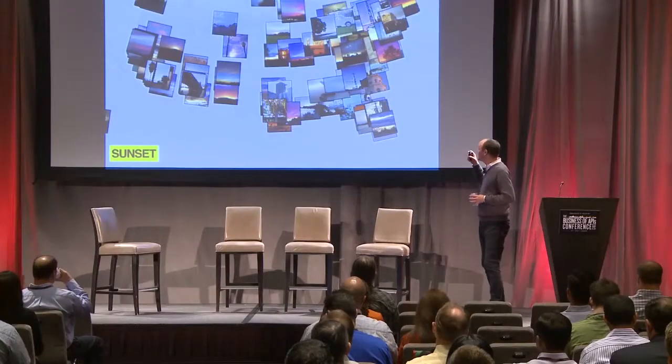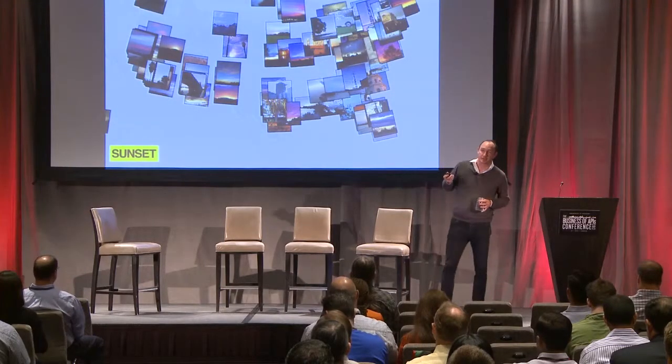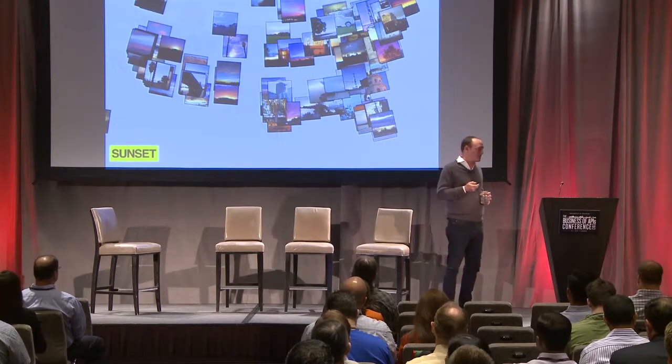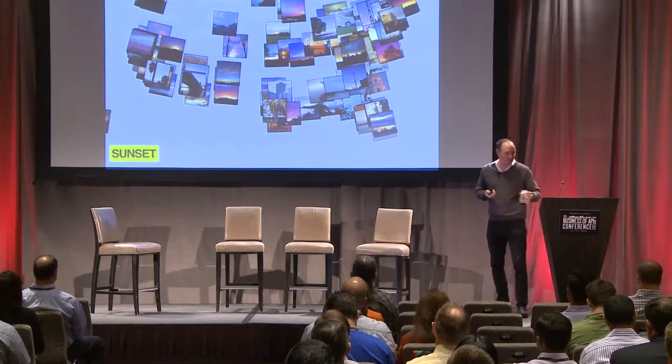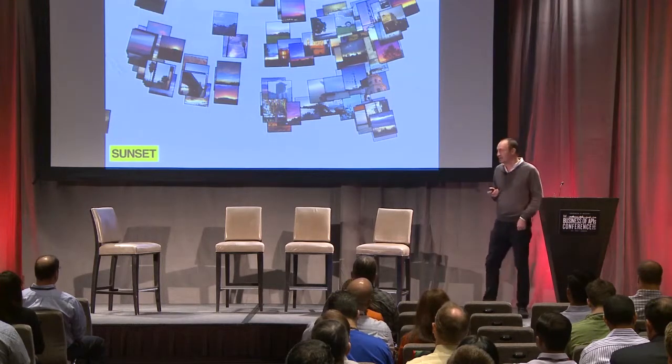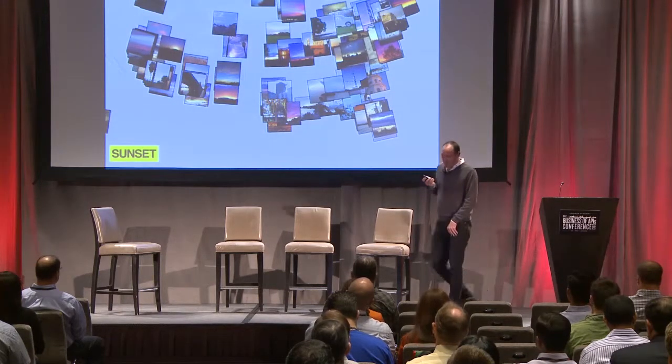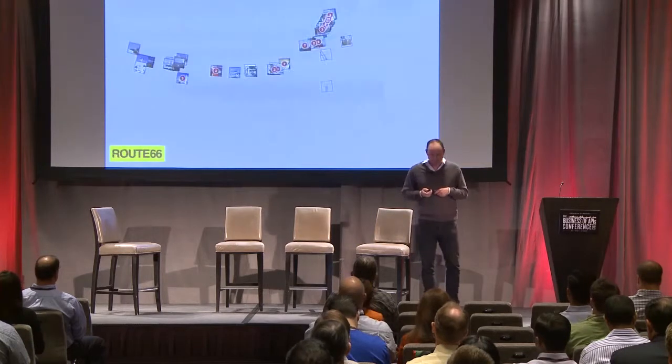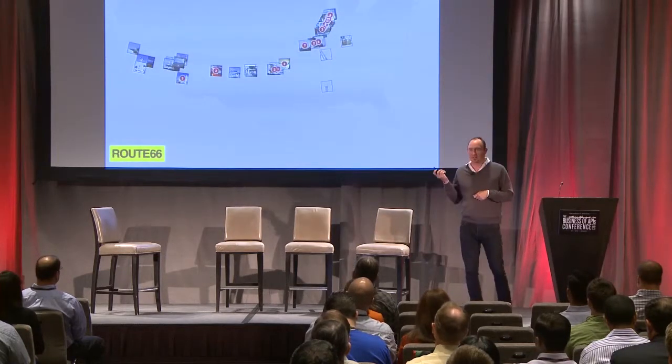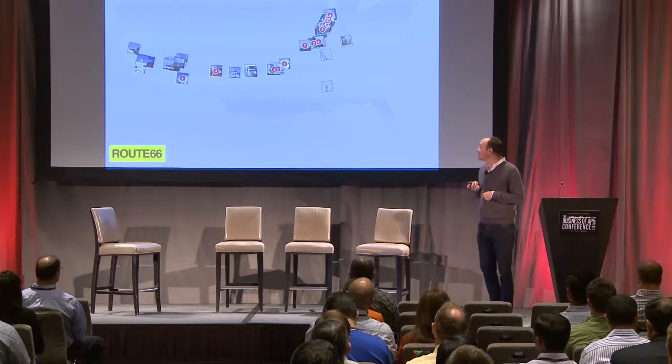So we read through the images on Flickr, cross-referenced those against a geographic database, and we were able to come up with these kinds of things. This is a map of the Flickr photos referring to sunsets. So, kind of nice, but as we were browsing through, we also soon discovered some other interesting patterns. This is a map of Route 66 on Flickr.